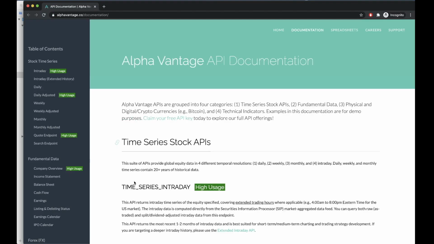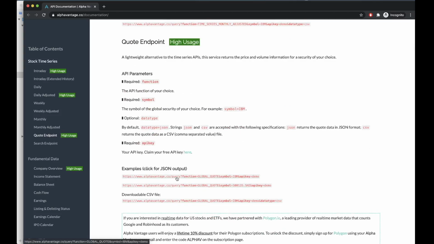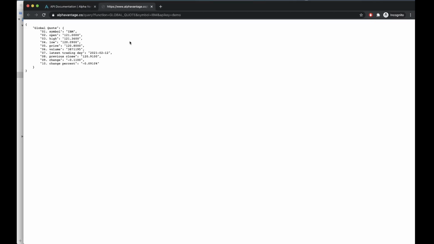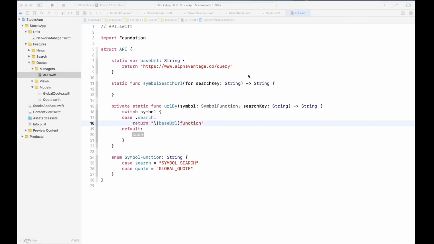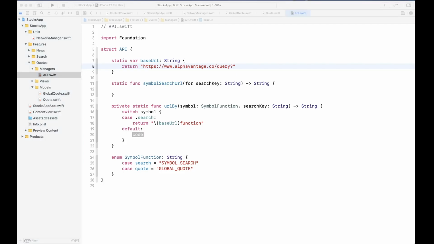So let's see, code search. Okay, so there's a question mark. So there's a question mark after query. So what we're gonna do is we're gonna put a question mark right here, so we don't have to do that for all the other URLs. And then we're gonna have function.